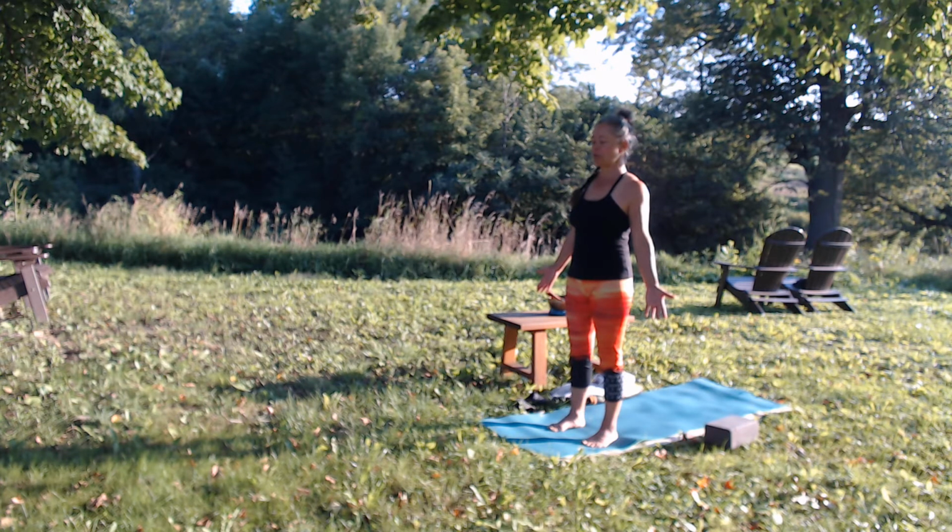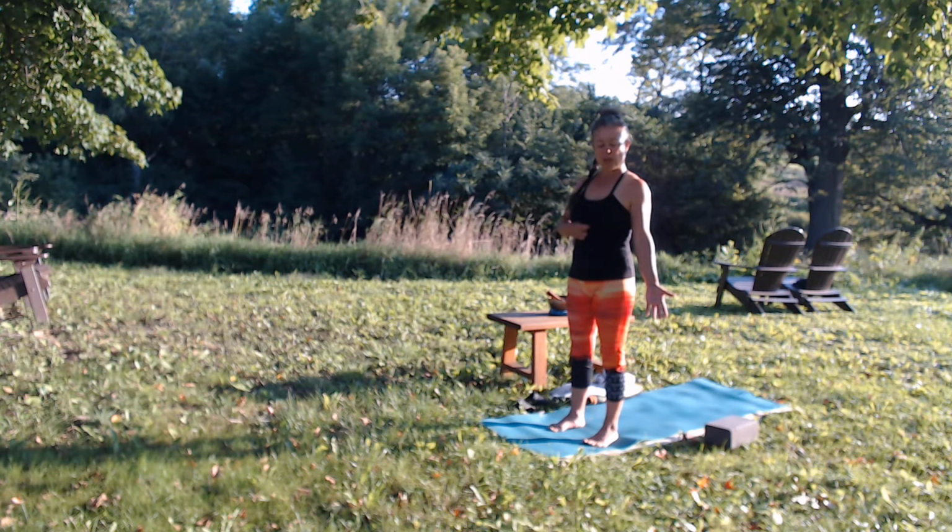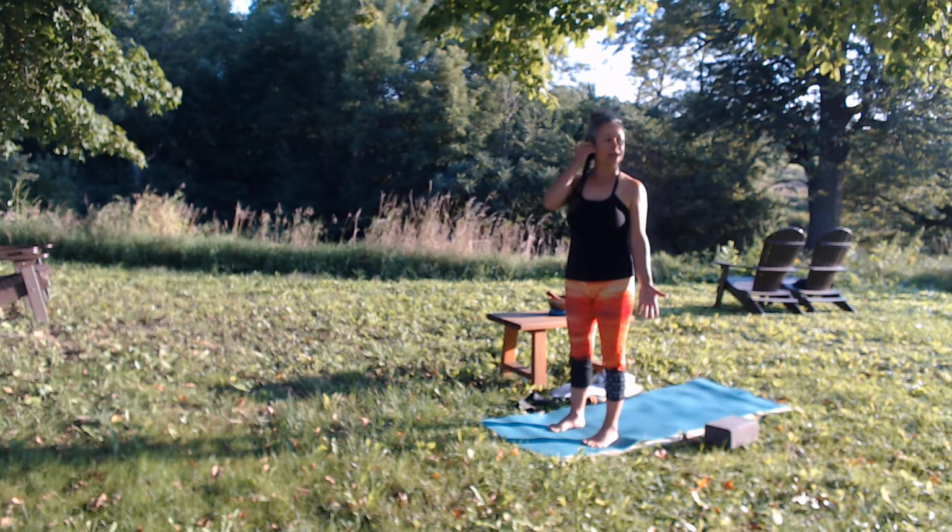Nice soft drishti gaze, meaning a soft eye focus, perhaps on the ground or the horizon. Notice if the mind wanders, bring it back, watching one more full breath. And before we move on, I want you to just scan your body a moment. We have a tendency in yoga when we're trying to be tall or we're trying to be open or breathe